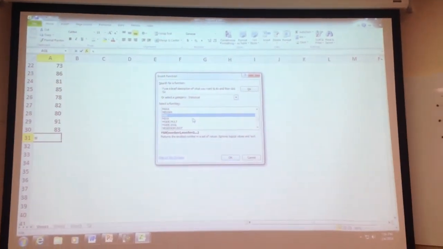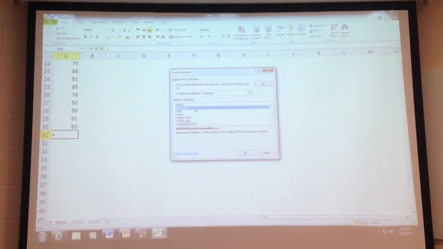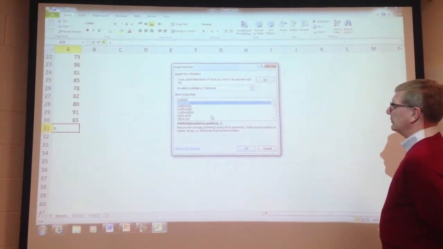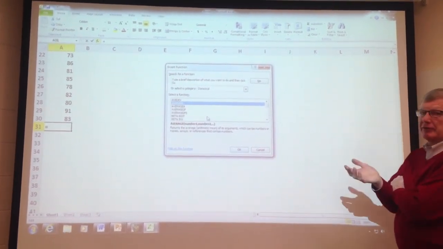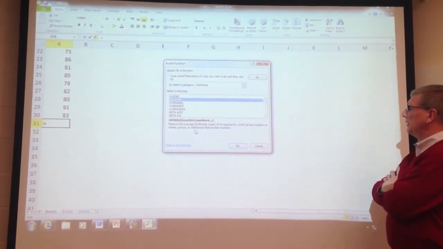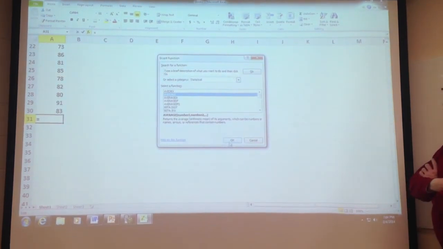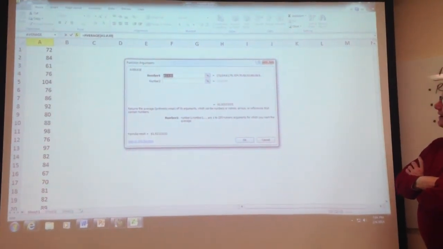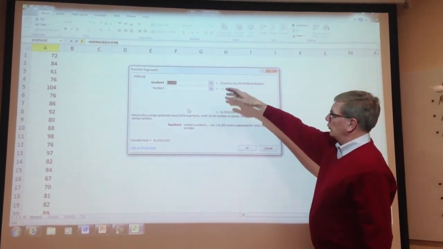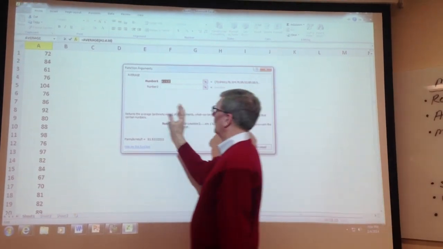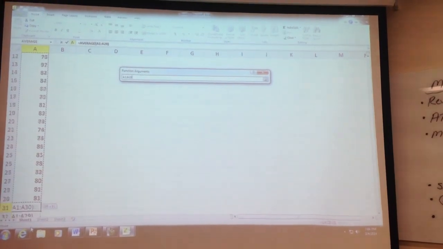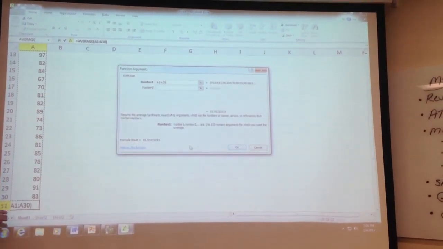Let's try one or two. Let's go all the way back up to Average. Let's read the definition. Returns the average, the arithmetic mean of its arguments, which can be numbers, names, arrays, references, and so on. So let's click OK. It says, now you have to tell me where the data is. So you go over here with the cursor and take the data, those 30 ATM observations, and say,